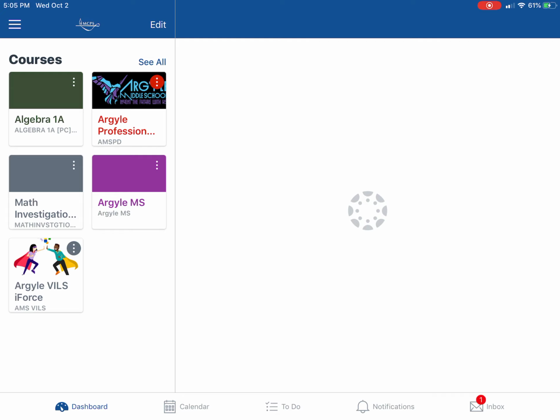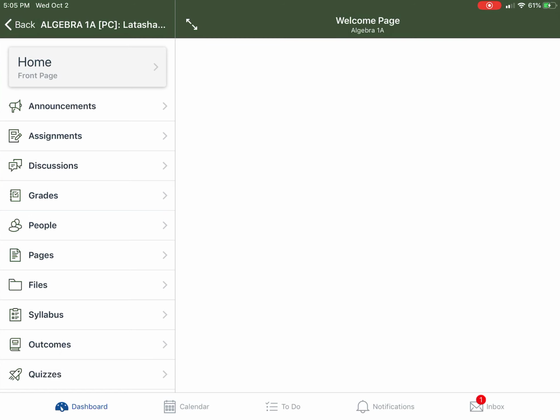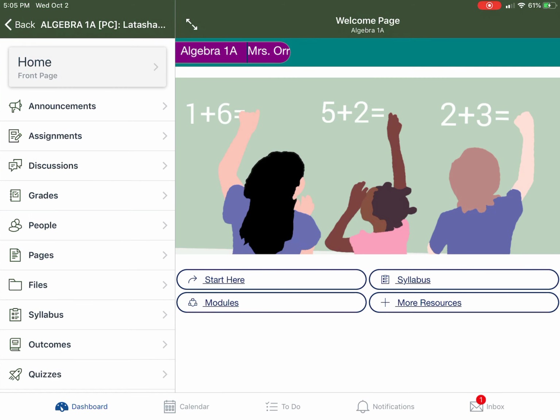Right now we're going to talk about grades. In order to see your grades, we're in the Canvas app. Okay, I want to click on one of my classes. So let's say I am taking Algebra 1. When I pop up my class, I'm going to see my home page,